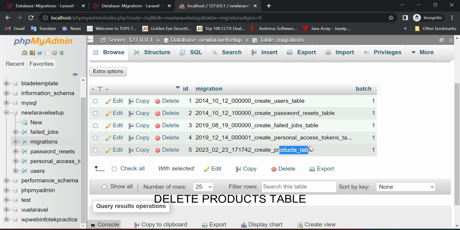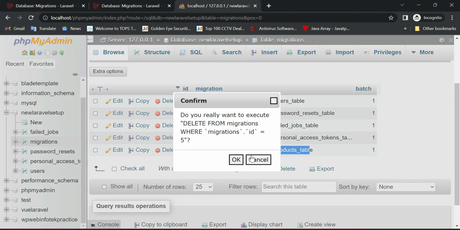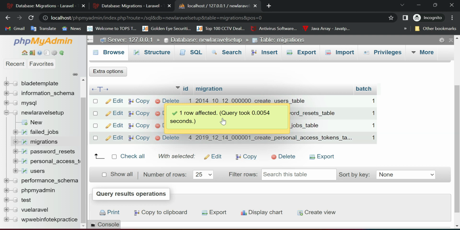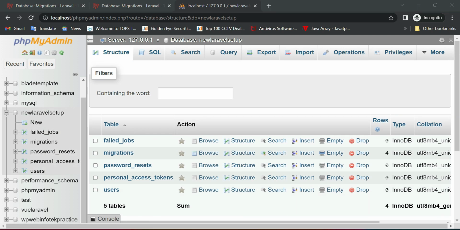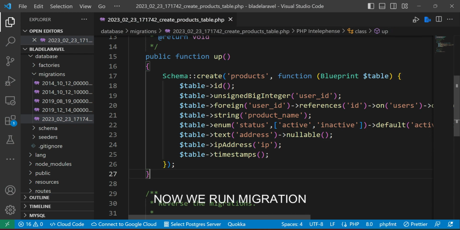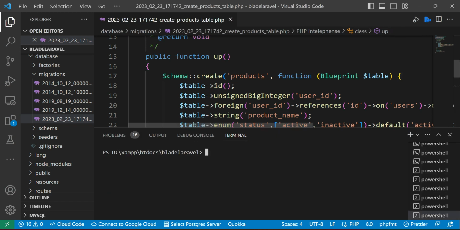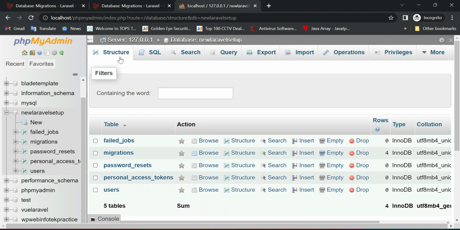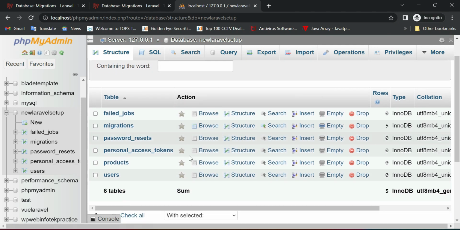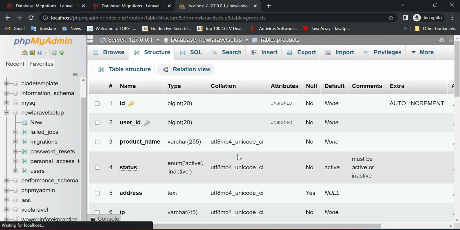Delete this product table. Now we run migration. Product table is created. Now refresh it. You can see here